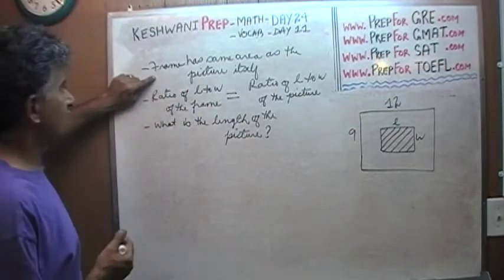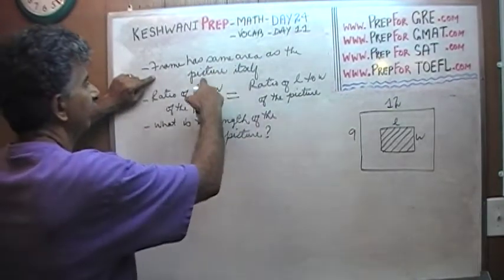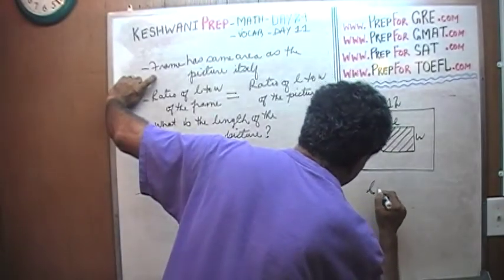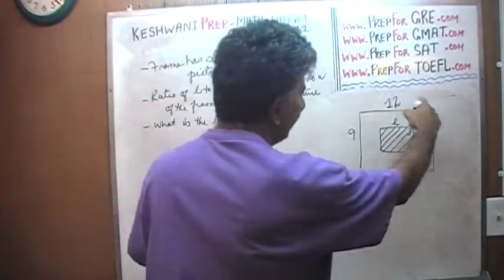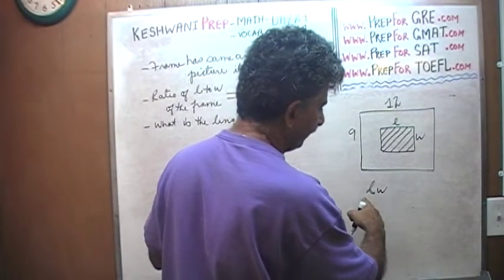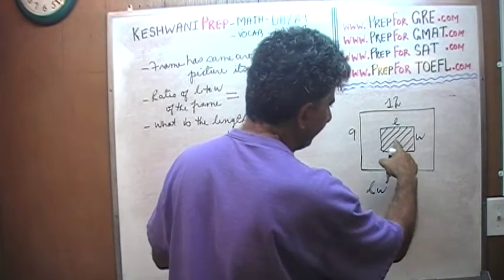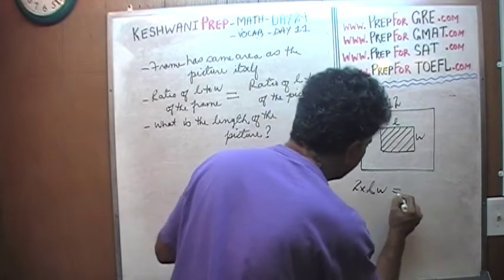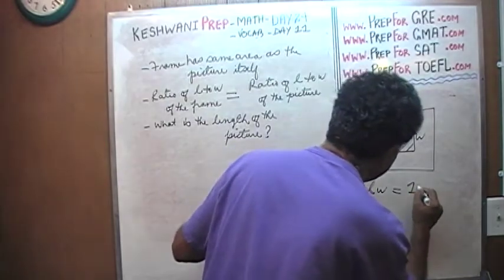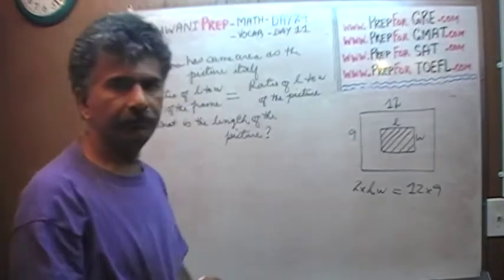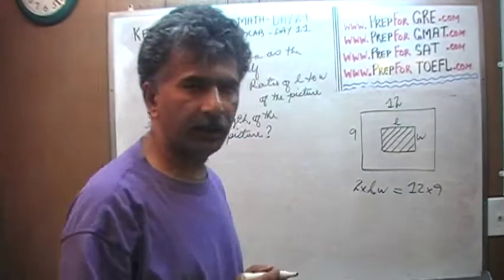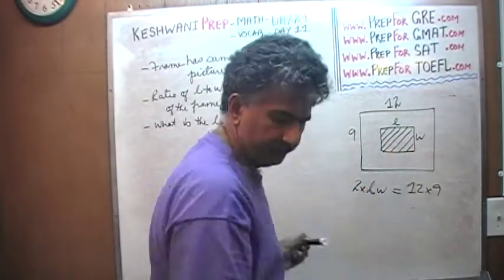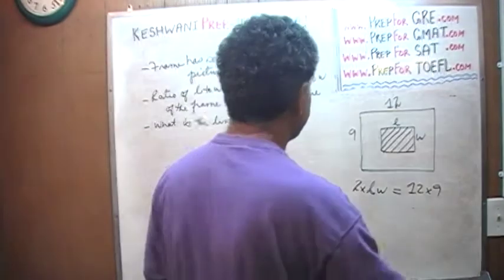The first sentence is this. The frame has the same area as the picture itself. The area of the picture is length times width. And the area of the frame, whatever it is, is the same as this. If the area of the frame is the same as the area of the picture, which means that 2 times this amount must equal the area of the whole thing. There you go. Because the area of the whole thing, 12 times 9, is made up of 2 parts: the area of the picture and the area of the frame. Well, we are told that the area of the frame